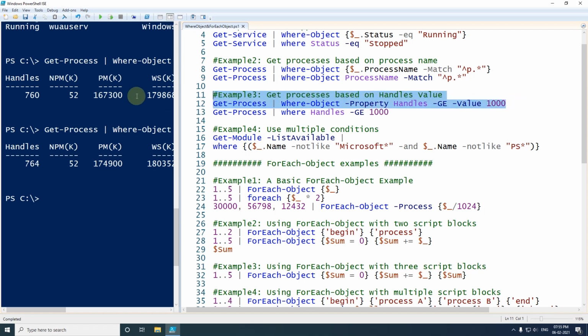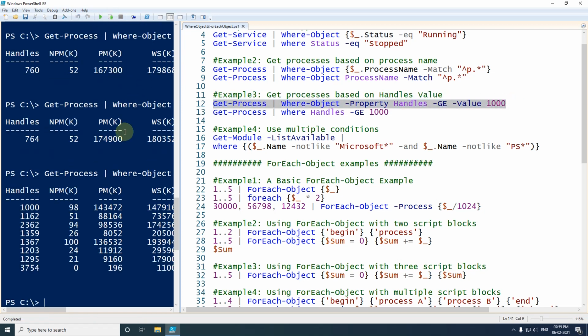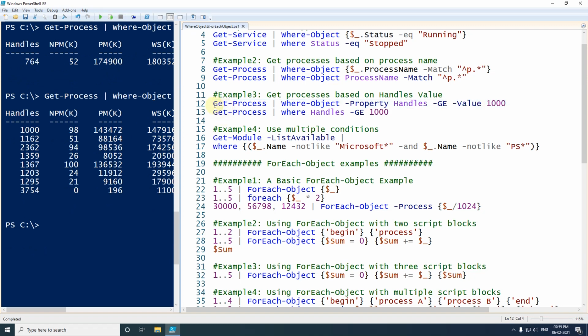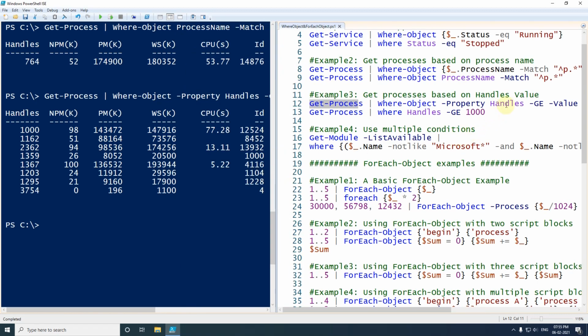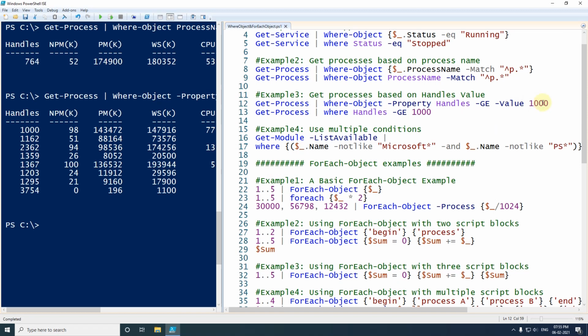If I execute this one, you can again see that we are getting all the process list, and out of that I am checking that the property Handles should be greater than or equal to 1000. You can check it here also in the first column of the output that all the handles are greater than 1000.